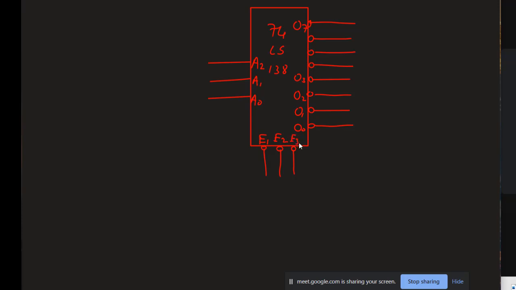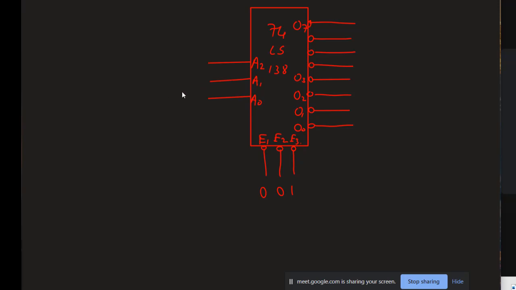Now in this case, whenever I want any combination at the output to represent the signal at the input, I must have the enable lines activated, and all 3 enable lines should be activated at the same time. Suppose I have E1, E2 as 0, 0 and E3 as 1, it means my enable line has not been activated. It means that no matter what signal is present at the input, my output is not going to change. Is this part clear?